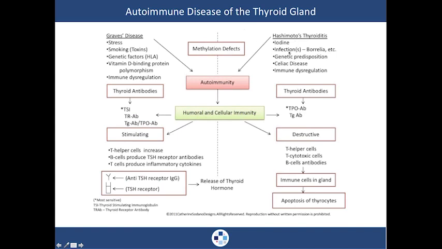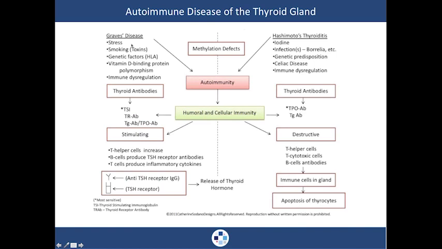So Hashimoto, what can cause that? Infections. Dysbiosis. There could be a genetic predisposition. Celiac disease is related to that. Immune system dysregulation, those Th17 cells I talked about, that will cause thyroid autoantibodies, TPO antibody in particular, which is thyroid peroxidase antibody. And on this side, we're looking at destructive nature. Right, the thyroid gland becomes destroyed. There's immune cells in the gland, and eventually the thyrocytes die out.